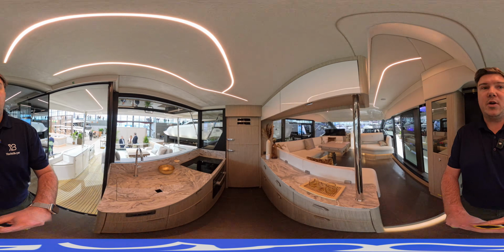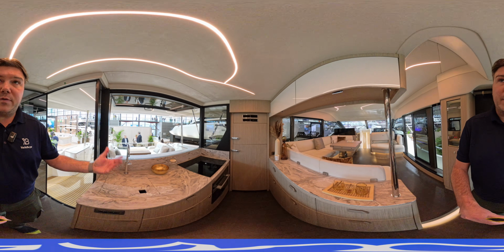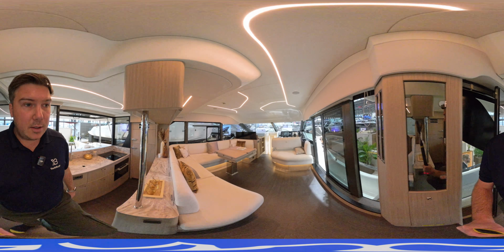But yeah, it's an interesting take on the galley. Some will like it, some won't, but I think it's quite novel, and it's not just about that view aft. It does provide extra storage space. You've got this unit up here for some more storage, and then right forward you have your main living area,